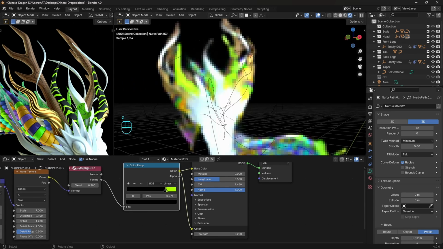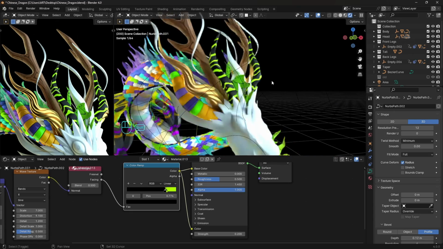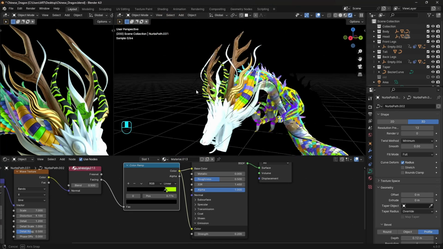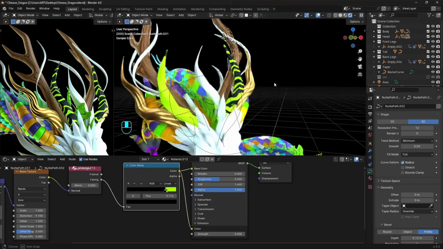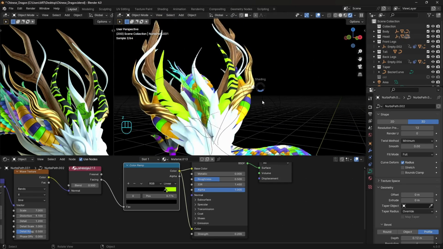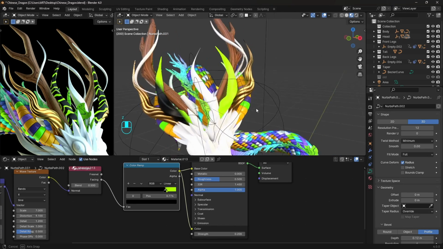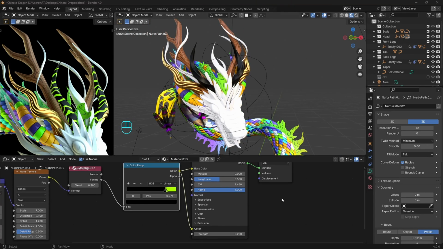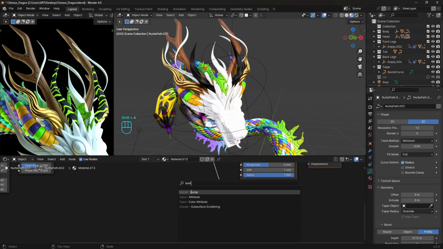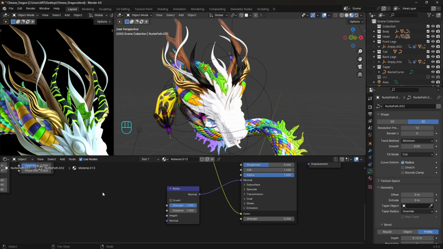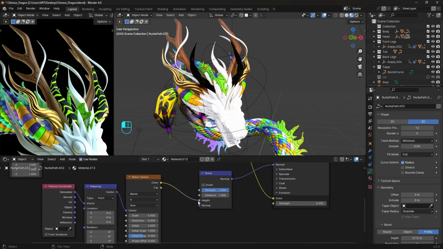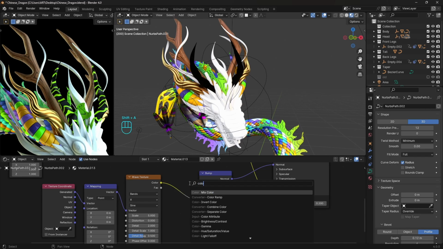And because we are using a layer weight we can get this real nice effect in Cycles with this material transition. But if I have to be honest, it's hard to get this shifting in the final renders because it depends on the view's position and stuff like that. It also doesn't work well in Eevee, but we will be using Cycles anyway. So a few more things we can do with the normals, and that's by using a bump node. Get again the wave texture with a mapping, plug it to the height and add a color ramp to control the effect with the bars.